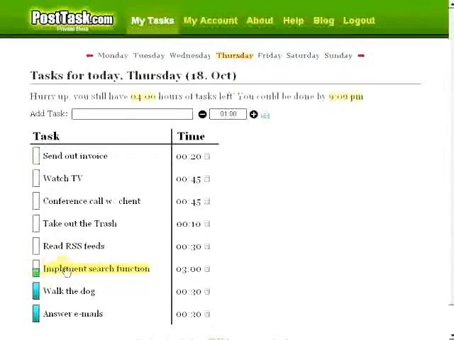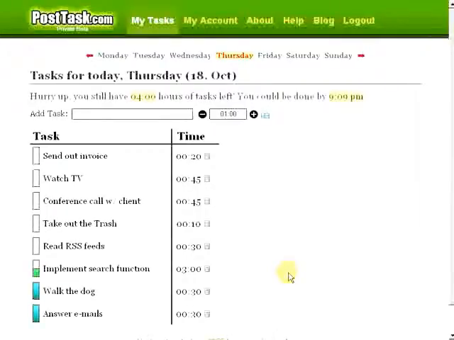Why did that happen? Well, PostTask.com thinks it's always most important to have the tasks in mind that you haven't worked on so far, or where you have made the least progress. So the tasks like that, where you have done nothing or less than with other tasks, will always appear on